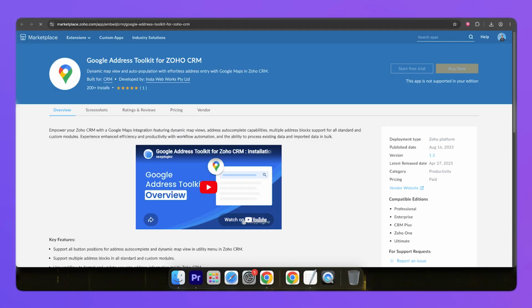To summarize, Google Address Toolkit for Zoho CRM helps you with Google Address Autocomplete, automatic field population, multiple address blocks, latitude and longitude capture, map view, marker adjustment, default module setup, custom module support, and bulk address processing. If your business depends on accurate customer location data, this extension can make address management inside Zoho CRM faster, cleaner,